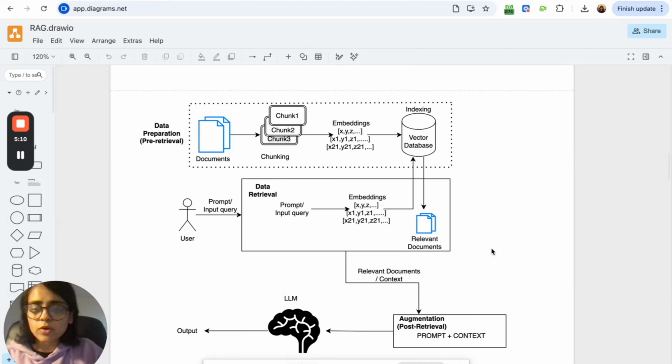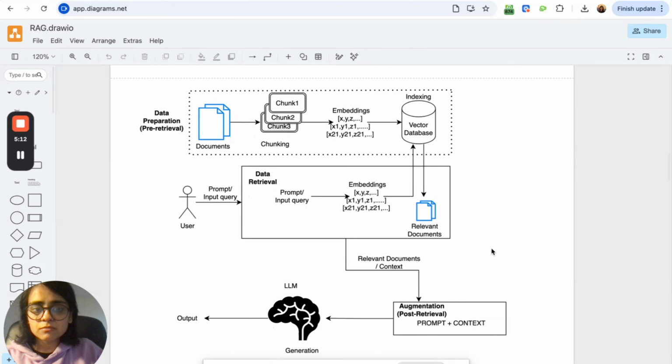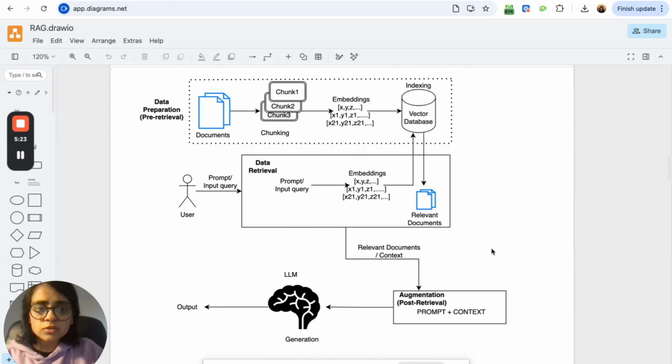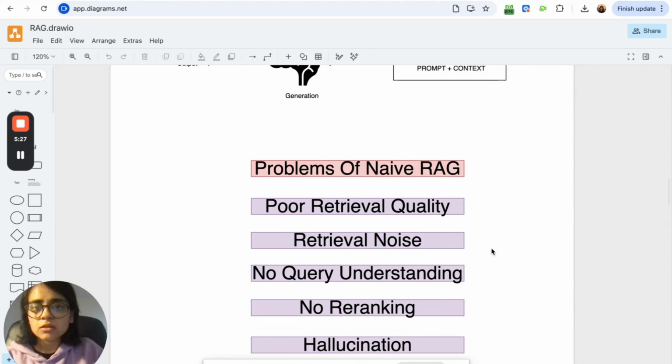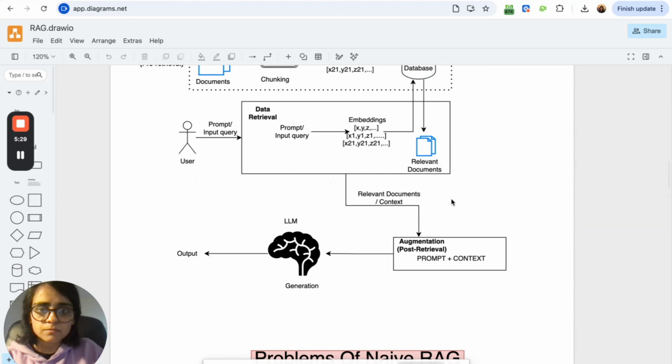These types of queries might not result in very relevant documents, when you're looking for what are the leave policies for new employees, which might be a better question, right?